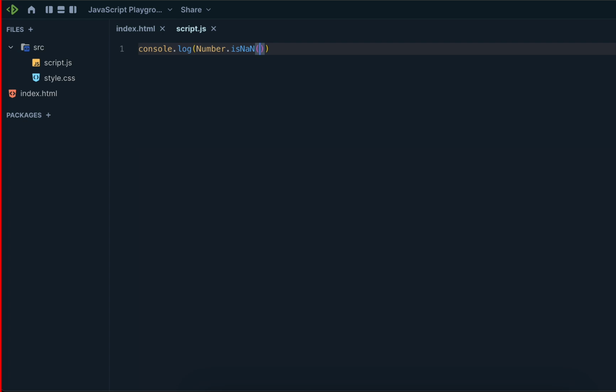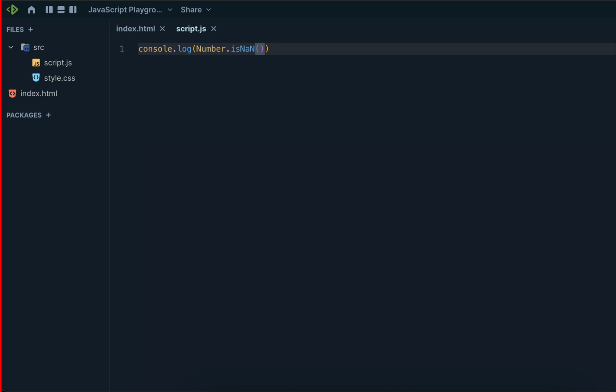Sir, Number.isNaN is like one method. It checks whether the value is exactly NaN or not. When we call Number.isNaN without any argument, it checks the output like undefined is NaN, because there is no argument passed in the function. Like you mean the false? Yes, sir, false.